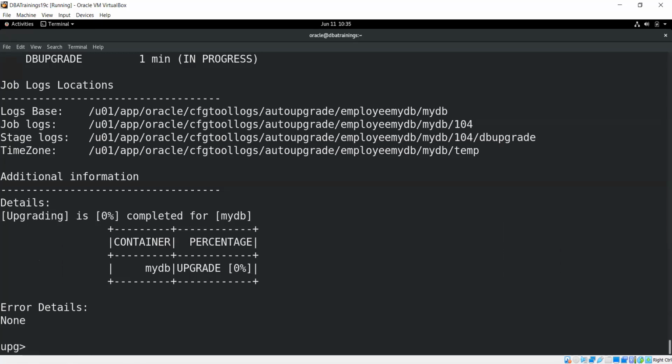No, no, no. I'm not saying the database is the same version. Database version can be same. On the same OS generally we do. Yes. Now if you can see here, the upgrade has started. As of now, it's at 0%.